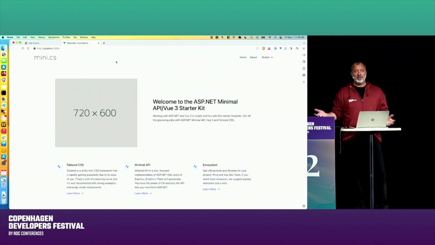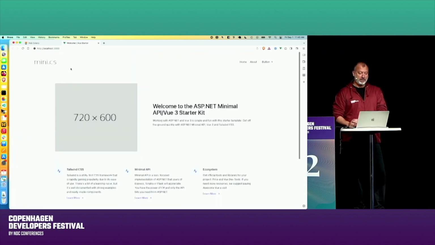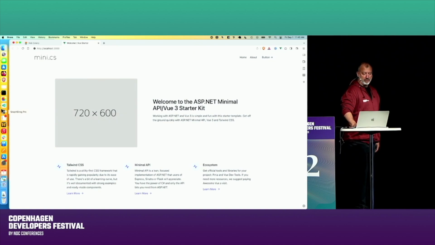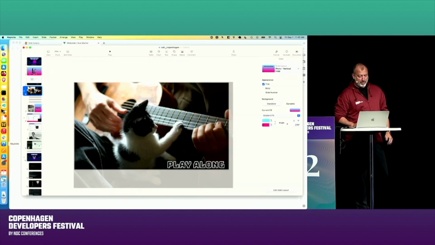So anyway, I had to choose a CSS framework. I decided to just choose this one. I could have chosen Bootstrap. It doesn't really matter. I had to choose one, and all these frameworks out there, like Rails, Django, Express, a lot of Express frameworks, are all going nowadays to Tailwind. So I decided, what the heck? So anyway, that's it. This is a minimal API thing running, and we're going to deploy this to Azure in just a little bit. But now let's hop back over here,